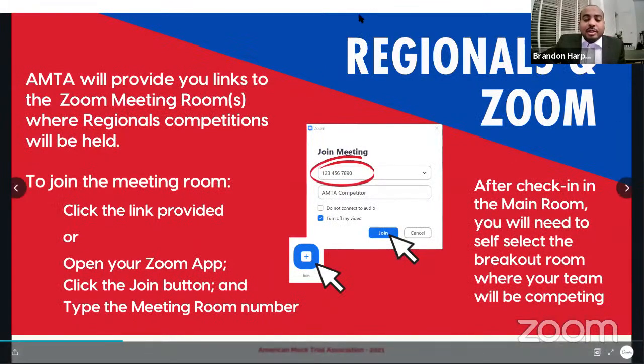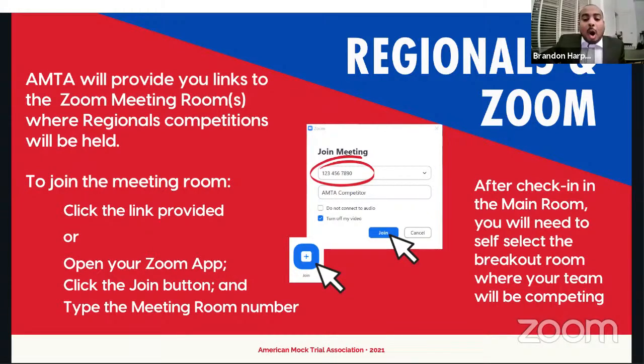So with respect to how regionals are going to be working on Zoom, for those of you who are competing this weekend, we have already sent your official school contact a link to the Zoom room that we'll be using this weekend. And for those of you competing in subsequent weekends, you can expect to get that link a few days before the regional tournament begins. All of the events for your regional will take place in one Zoom room. And then we will move people into breakout rooms for trials, for the tabulation meeting, for the tabulation room, and for the judges meeting. So click the link that we send you. That will be the same link that you'll use all weekend for your specific regional.